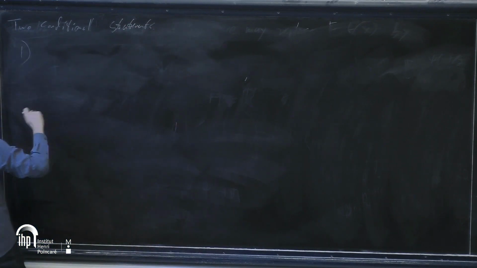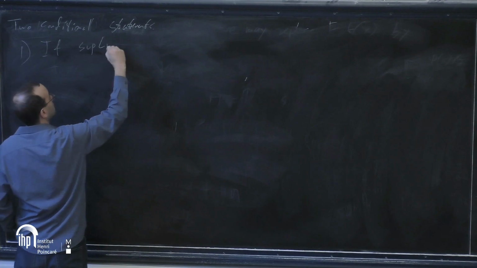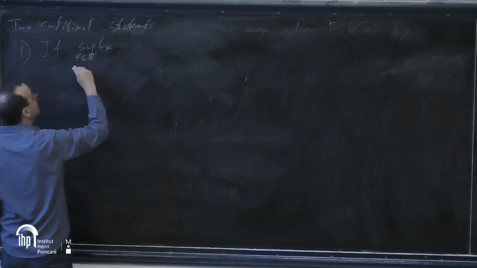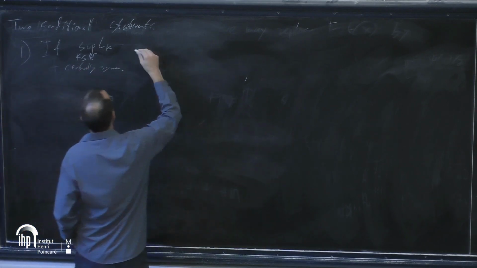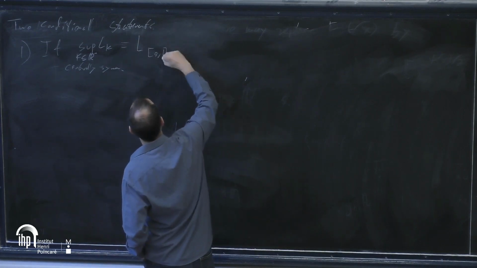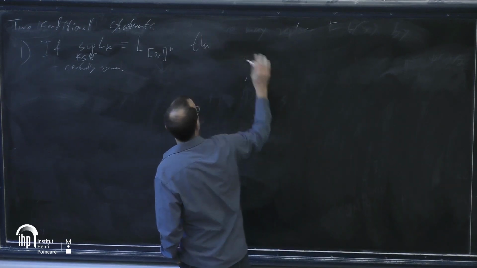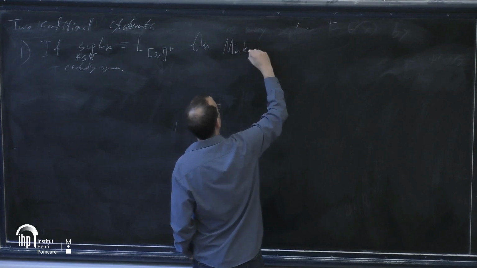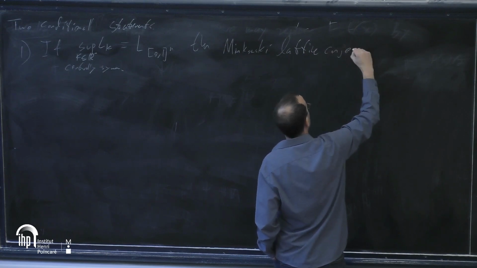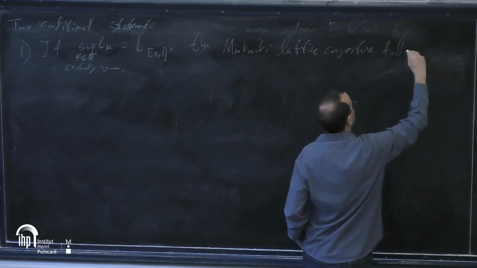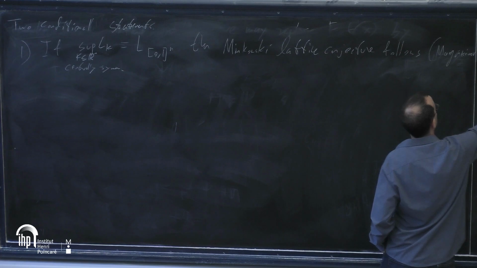The first one is that, as far as we know, it could be that the supremum of the isotropic constant over all centrally symmetric convex bodies in R^n is attained for the cube. We know no example where it's above the cube. But if this is true, then the Minkowski lattice conjecture follows. This appears explicitly in the paper of Magazinov, in 2018 or so.